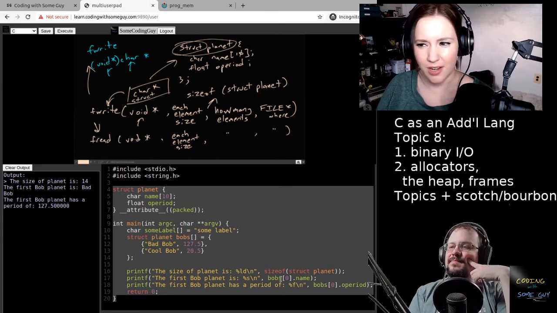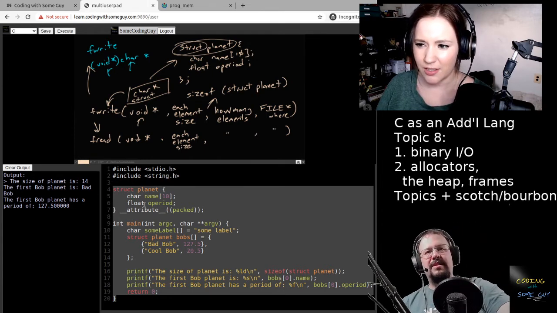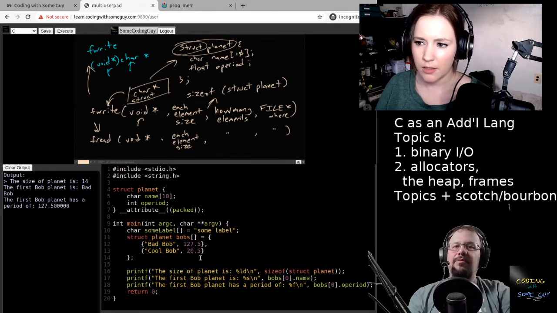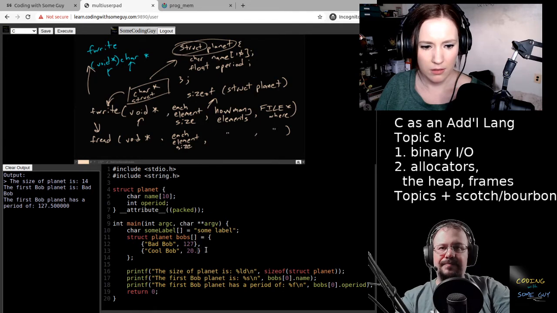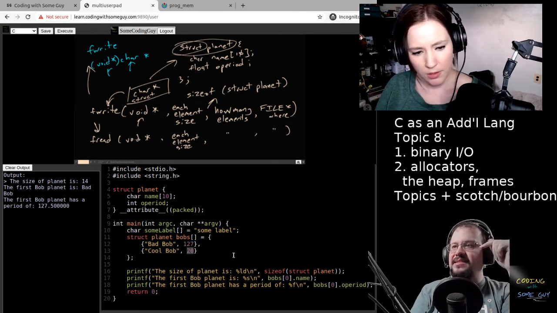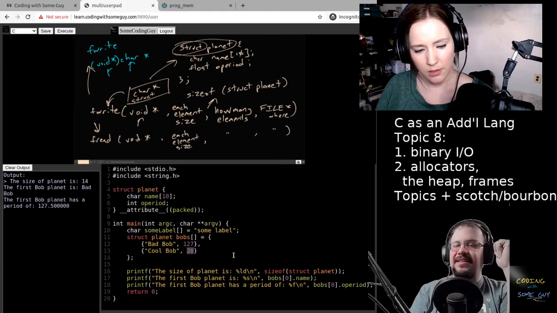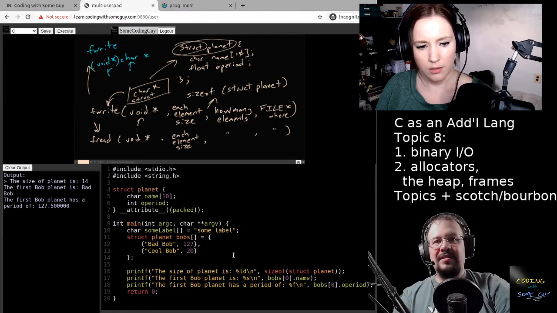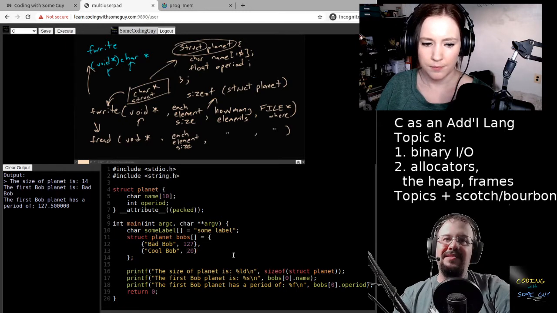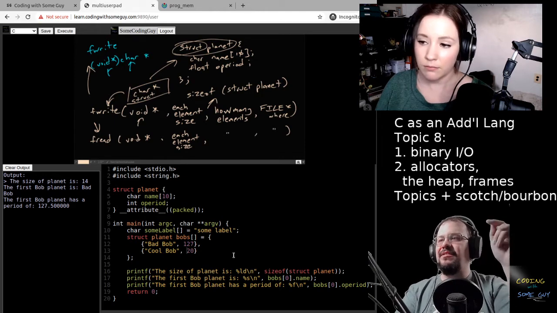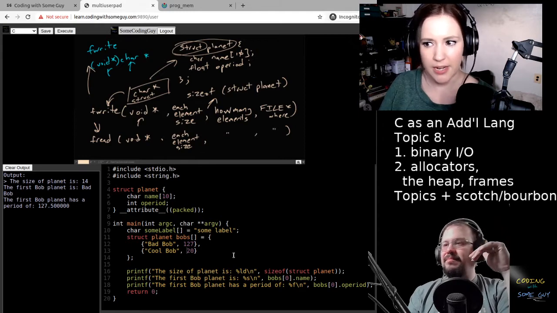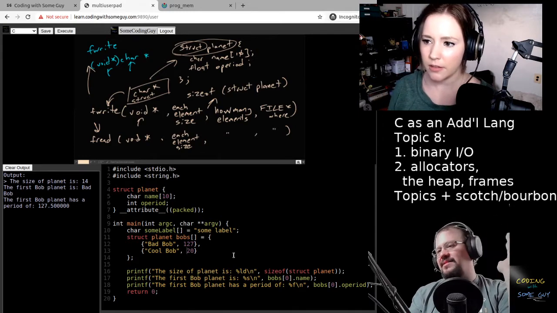I'm sorry, you've lost me just a touch. So let's think about this as ints for a moment, because we have a little more intuition around ints. If we change these types to int, when I store this in memory, it doesn't store it as ASCII, right? It doesn't store the ASCII number 2 and then the ASCII number 0. Right, it stores it as the number 20. So if I look at the bit representation, it's going to be 20 in binary.